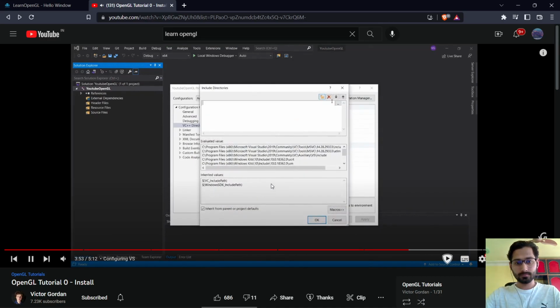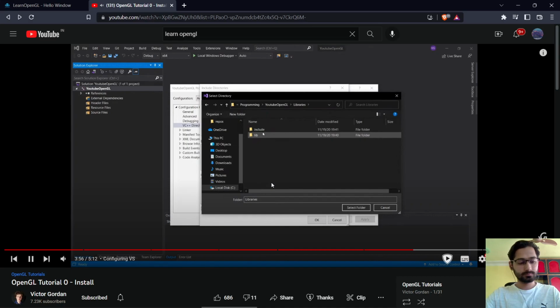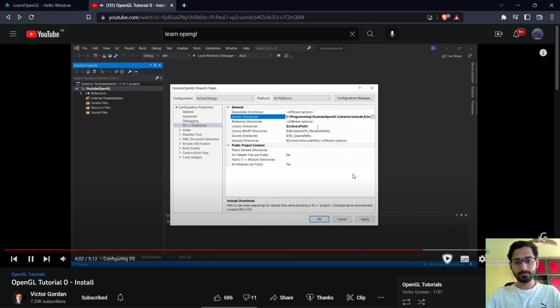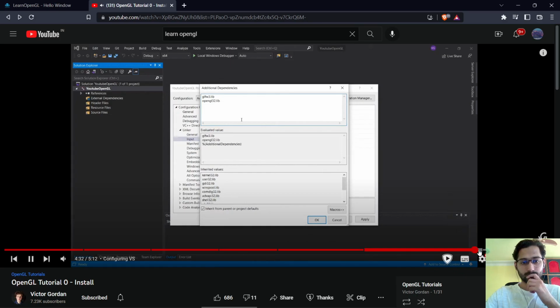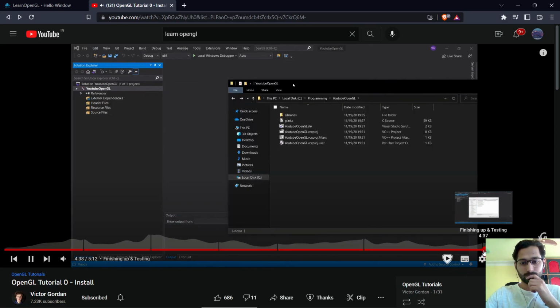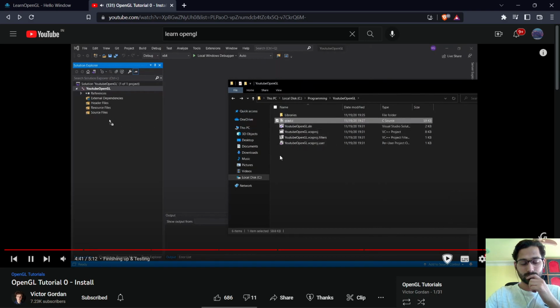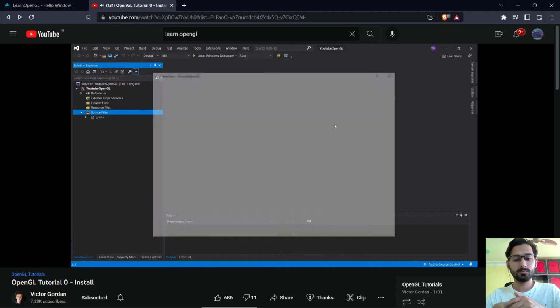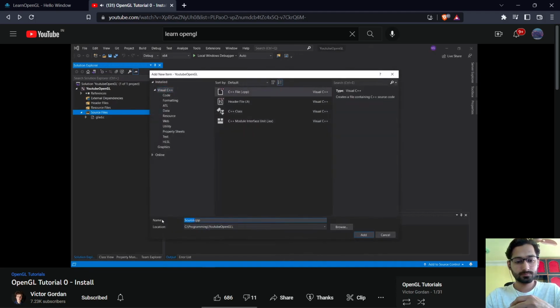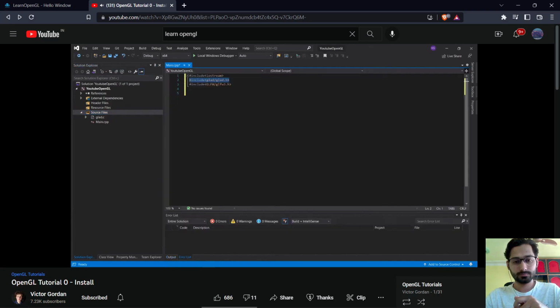Your libraries folder. Click OK, and now do the same for your library directory with your lib folder. Here we will write GLFW called OpenGL. It's just the name. Last thing you have to do is to drag the glad.zip file from your project folder into your source files folder. Then right-click source files and add the item called C++ file, name is main.cpp, and click on add. Now, in order to test that the